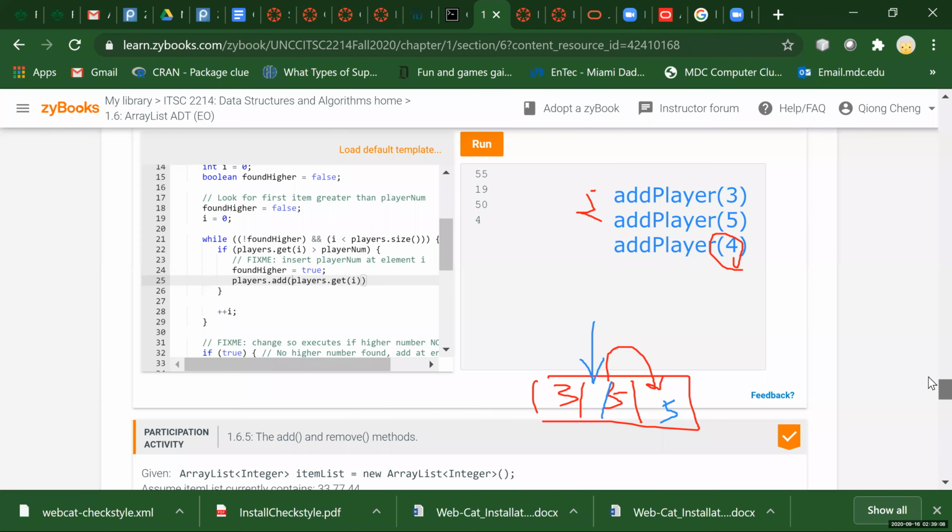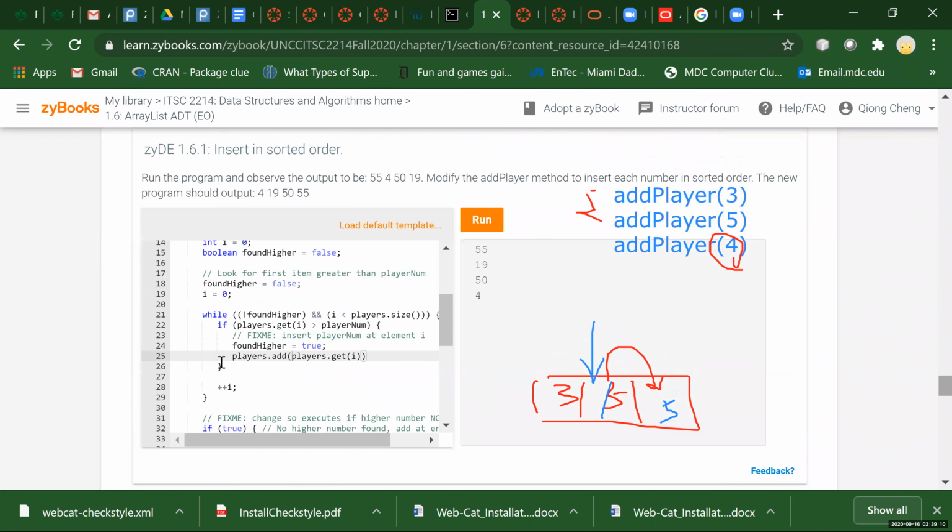It accidentally moved here, so this should be i plus 1, right? We need to move this one to this position. And then after we move this, we have to remove this one, right? Because we have to check if